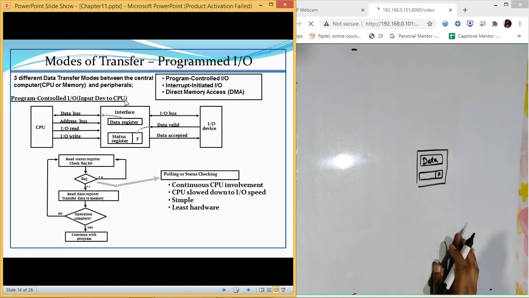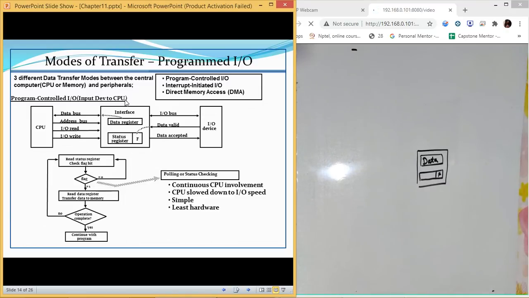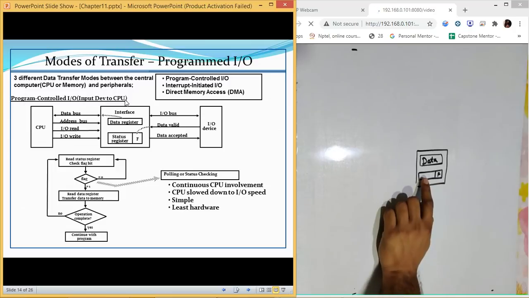We discussed this in chapter number 5, related to IOP, where we had two registers, FGI and FGO, the flag input and flag output. Those flags are here.